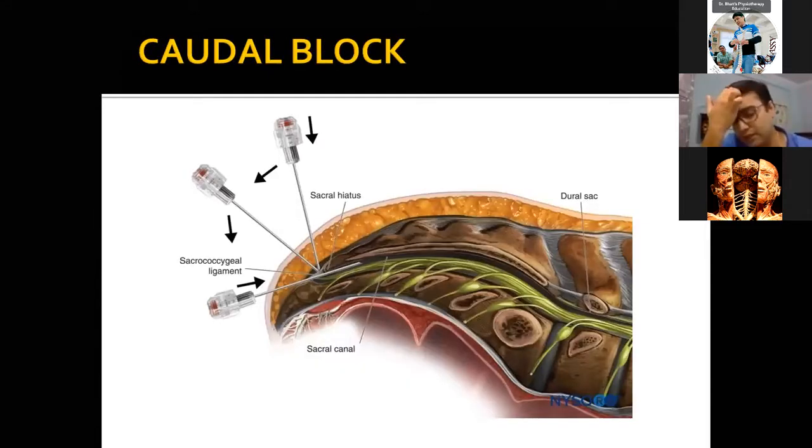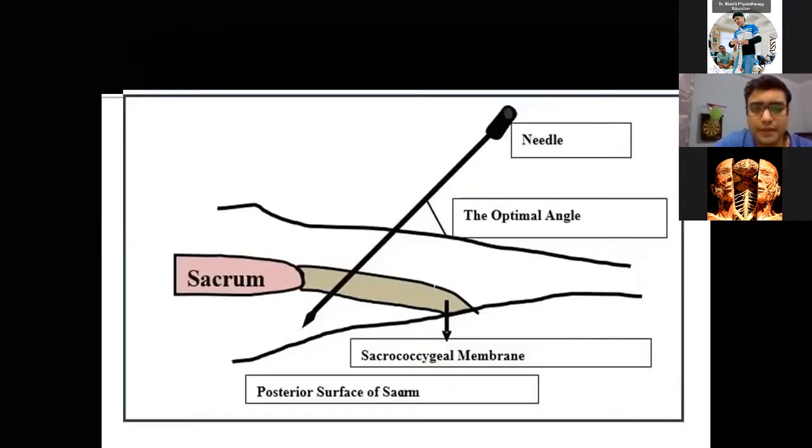Similarly, caudal block analgesia was earlier given a lot, before dedicated facet blocks and injections were developed. This was a very common form of regional anesthesia, which was administered by our anesthetist friends. It was given without any C-arm guidance in the OPD procedure itself. As you can see, they just felt for the sacral hiatus and the injection was inserted. Medicine was dumped here, and it was presumed that it will reach the L4-5, L5-S1 region, and it used to give sufficient pain relief as well. This is the technique of how it was given.